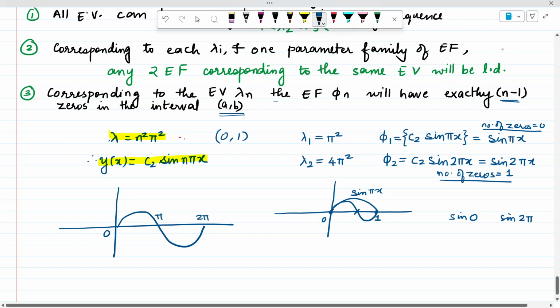ओके, अब ये जो वैल्यूज हैं ये आपके x की वजह से चेंज हो रहे हैं ना। यहाँ पे x जब आप 0 और 1 डालते हो, तो जब फाई 2 में मैंने 0 और 1 डाल दिया, फाई 2 एट 0 कैलकुलेट किया एंड फाई 2 एट 1 कैलकुलेट किया, तो फाई 2 मेरा साइन 2 पाई x है, तो 2 पाई 0 मतलब साइन 0 हो जाएगा एंड 2 पाई 1 मतलब साइन 2 पाई हो जाएगा।